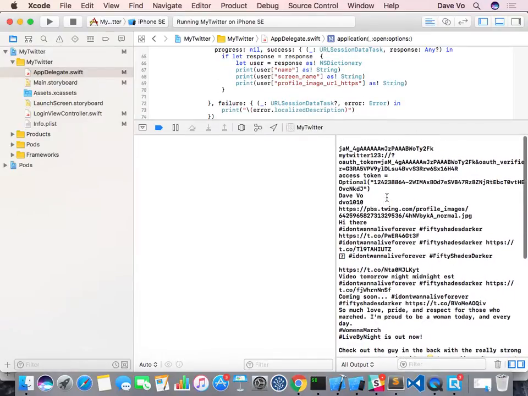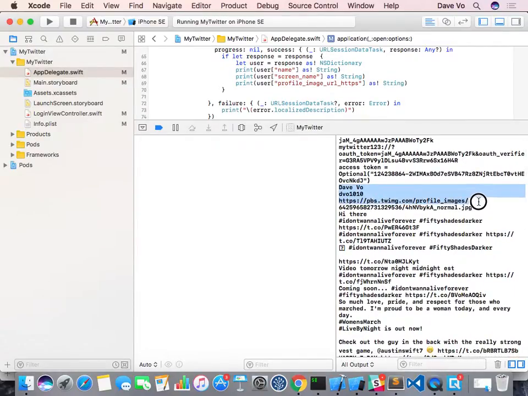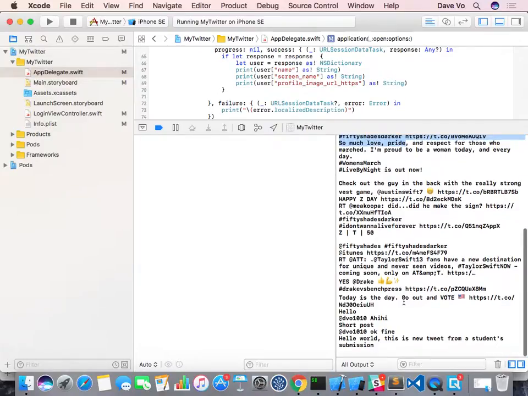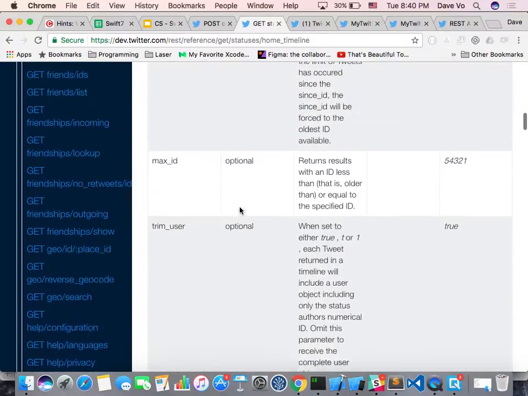See, after I get my account, this is the list of tweets on my home timeline, right? I didn't put the owner of those things here, but I'm able to get the list of my tweets. Right. Okay, take a look at this